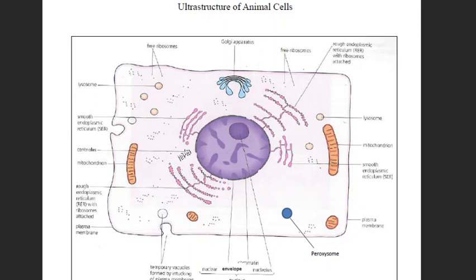For doing that, it requires energy again, and the centriole helps in that movement. So metaphase is followed by anaphase, where these sister chromatids are separated, taken away from one another, followed by telophase, which is further followed by cytokinesis, wherein the